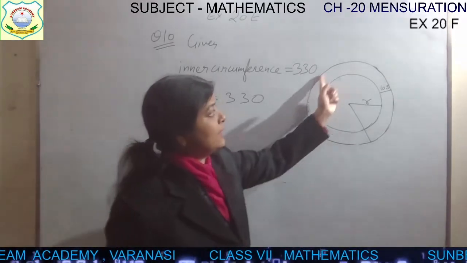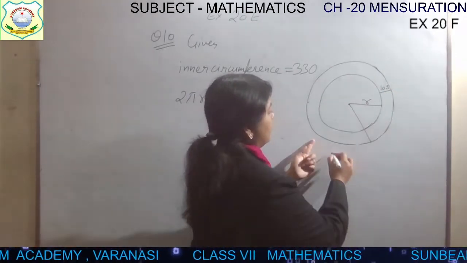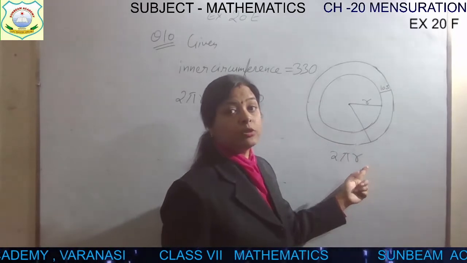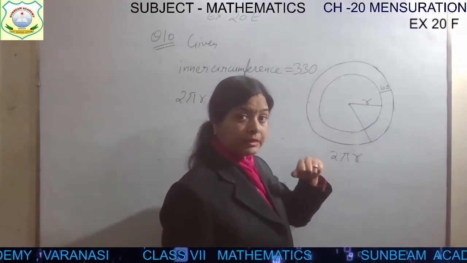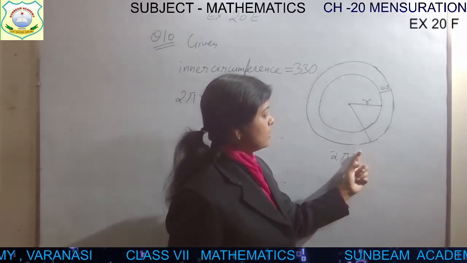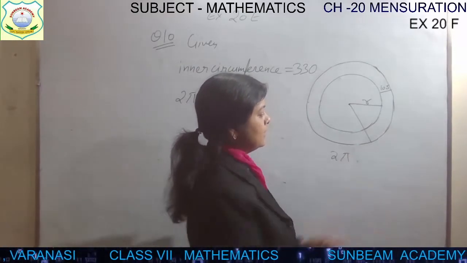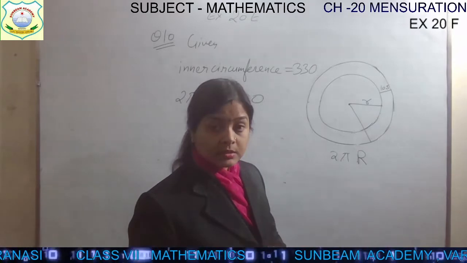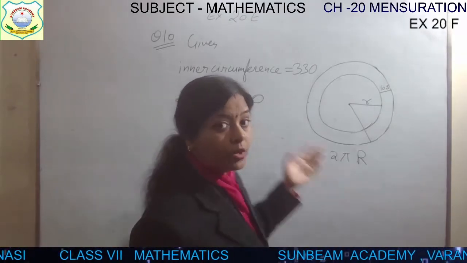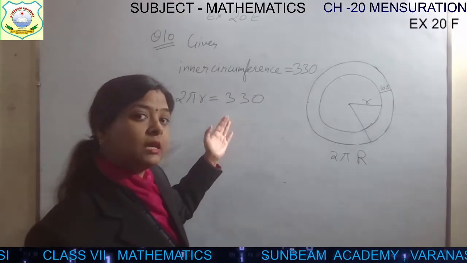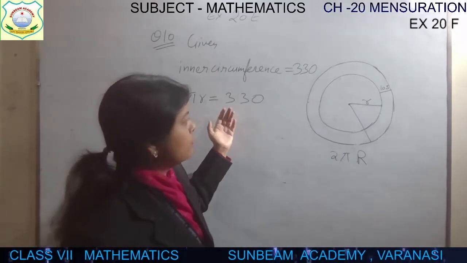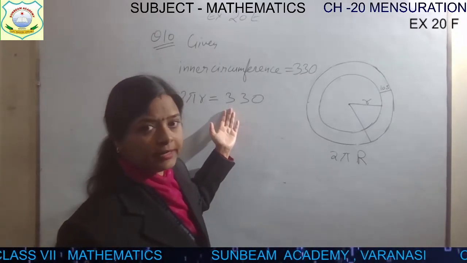So for finding the circumference, we need, circumference is 2 pi r. We need the radius of outer circle. If outer circle radius is capital R, so we have to find the radius of outer circle first, but it is not given. So whatever is given to us, we will start thinking on that. हमें ये दिया है inner circle circumference. So from this we can only find the radius of inner circle.